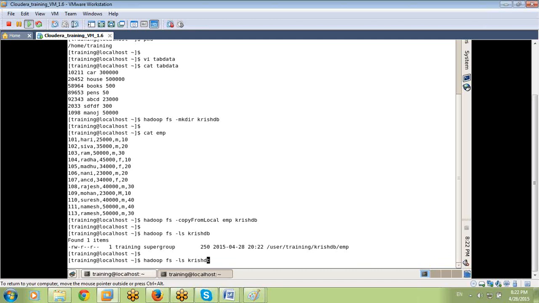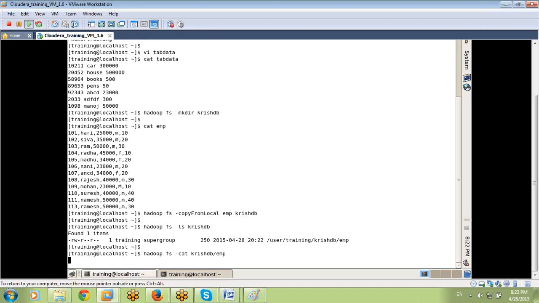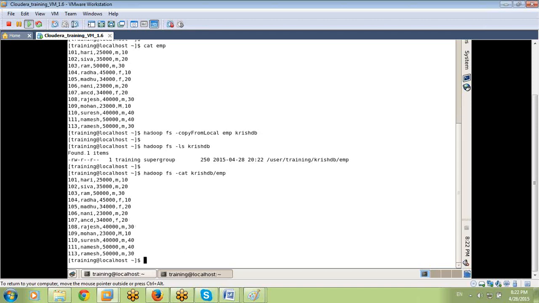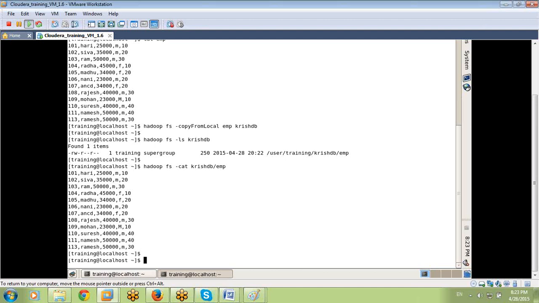What data is available? I change ls to cat and I change chrisdb to emp. This file is available. And now, how to load this data into a Hive table?